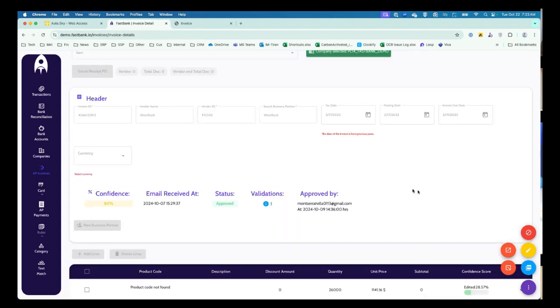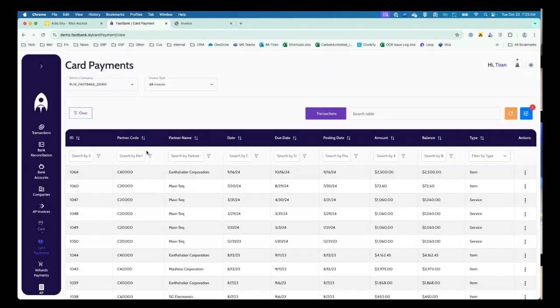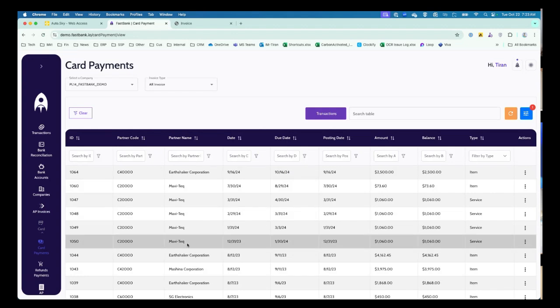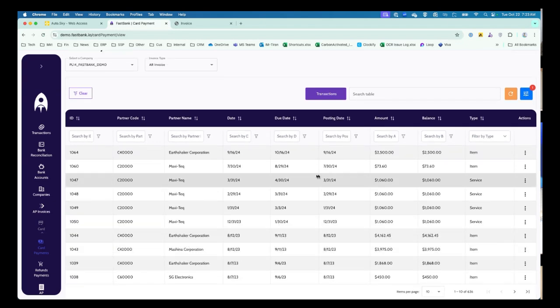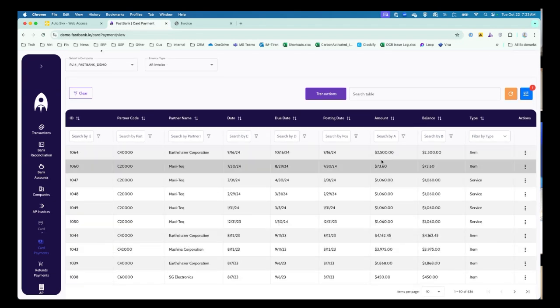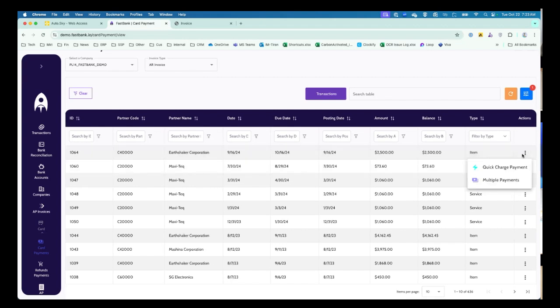So which is another module. We also do have the credit card processing. If you are using credit cards to make payments, to receive payments from your customers, as well as ACH, we could do that. Say, for example, let's say I have the customers, these are all the open invoices, right? So I can just go and start a card. You can capture the card. You also can send a link saying, bring those transactions in, both ACH and credit card. And we are a processor as well. So you will have very good rate.